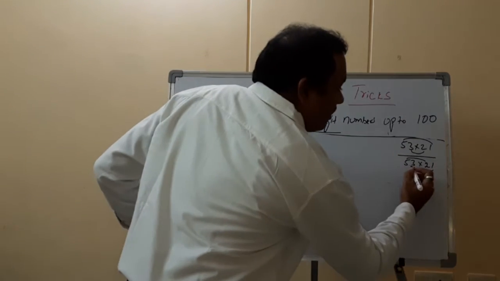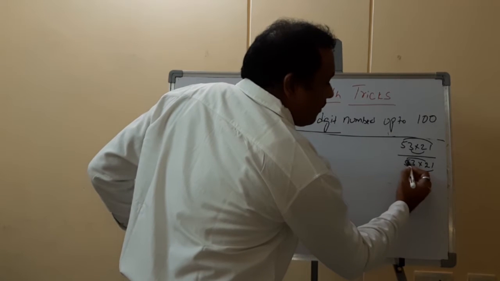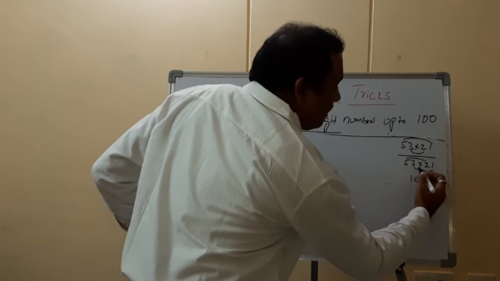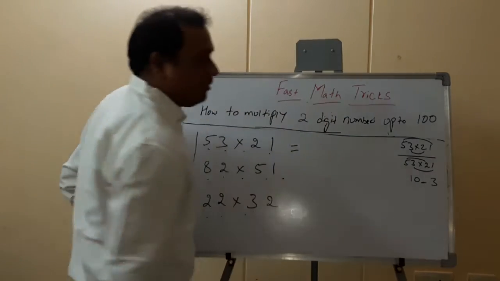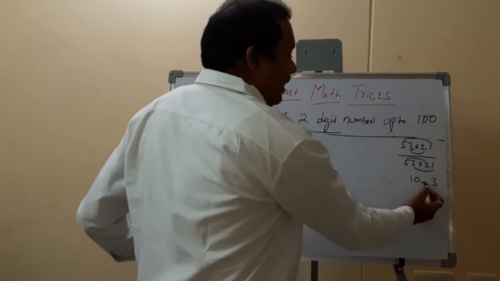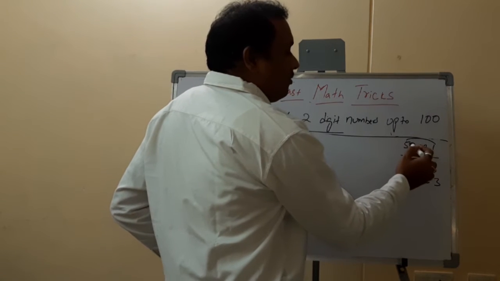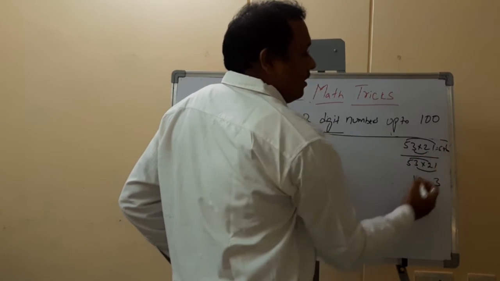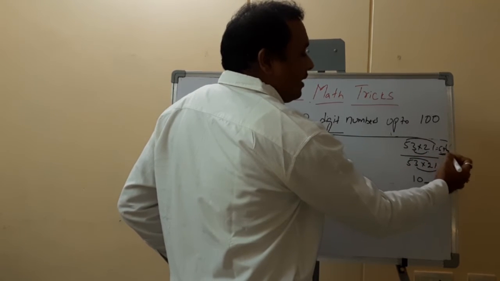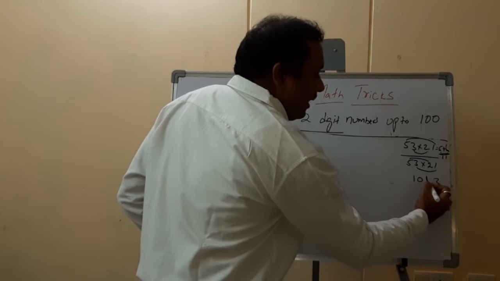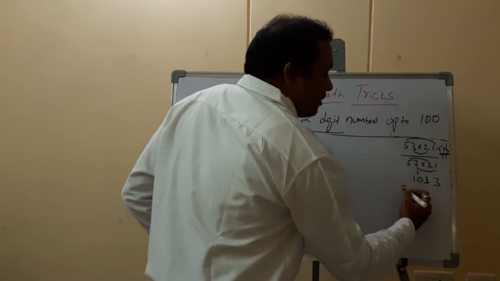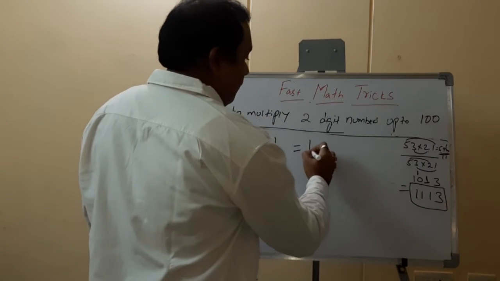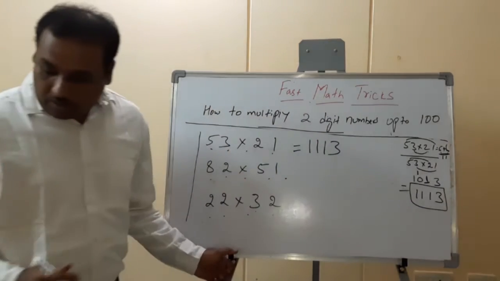First we have to multiply this one. So 5 2s are 10. Leave one digit here and then 3 1s are 3. Now we need to get one digit here, right? So 5 1s are 5 plus 3 2s are 6. Add these two things. Now 5 plus 6 is 11. So you write 1 here and carry 1 here. So that will become 1113. So this will be the answer: 1113.